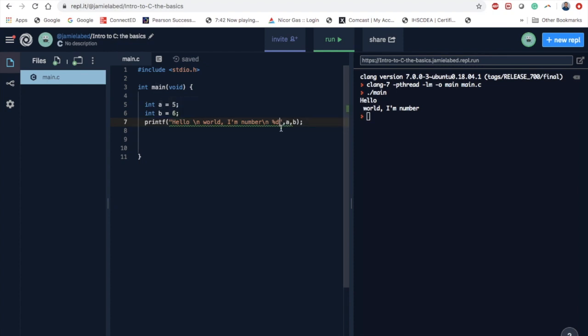So if I say I'm number %d, and I like the number %d. Now what happens is it sees the first %d and automatically it stores it in A, and then it sees the second %d and it automatically stores it in B. So if we run this, it says hello, weird indent world, I'm number, weird indent 5, and I like the